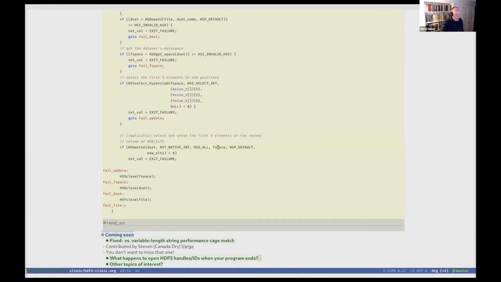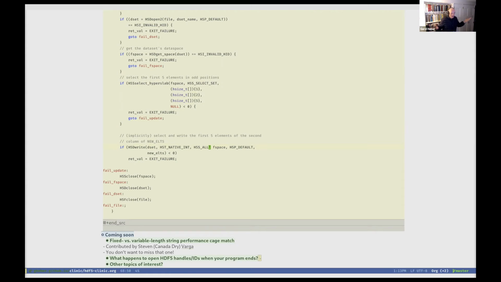And then you use these data spaces and typically define selections on them, and we'll see that in a moment: hyperslab selection, point selection, and so forth. But then in the simplest case, probably where the shape of the source and destination data spaces, regardless of whether it's read or write, is the same, the question would be, well, why bother?